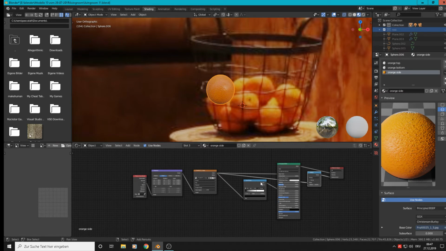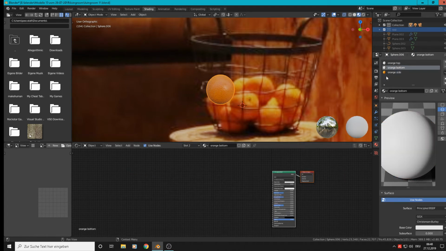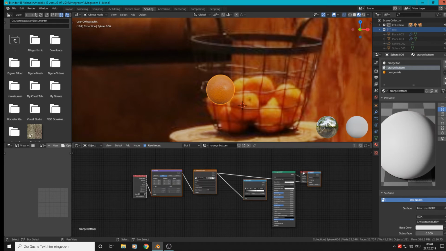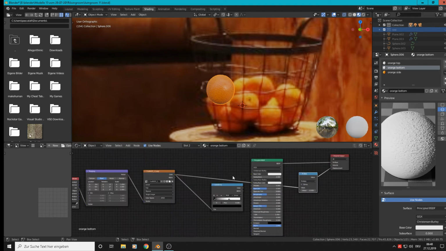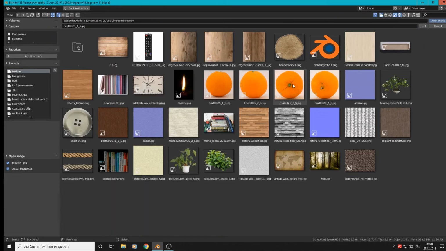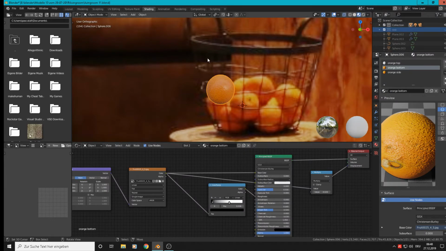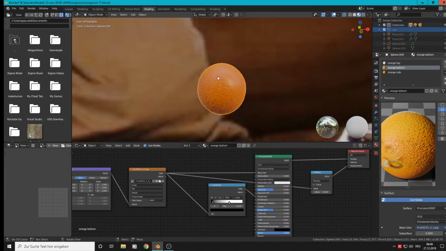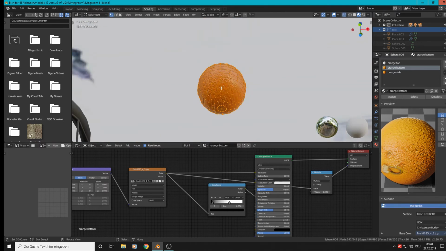We take here Control C, copy the whole thing, and Control V to plug that in the other part. We connect the displacement, and we connect the roughness and the base color. But that is orange bottom, so I'll look here in my folder. That is the bottom. When we now get this orange and look from down,